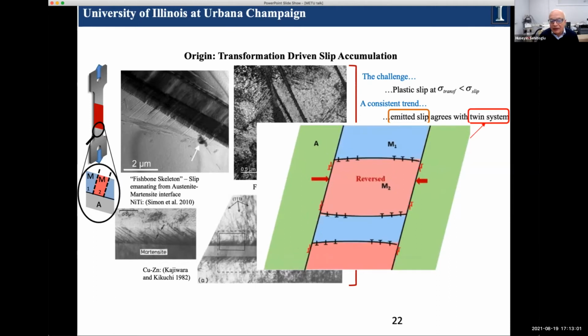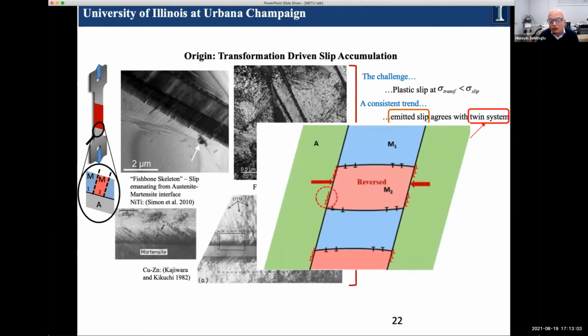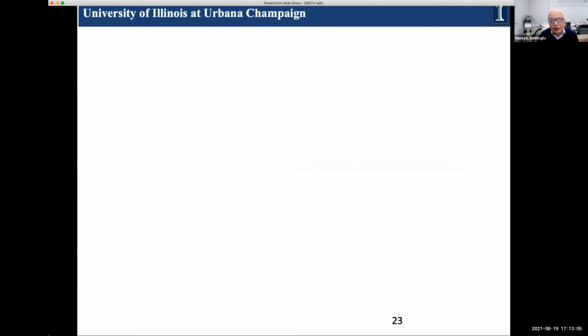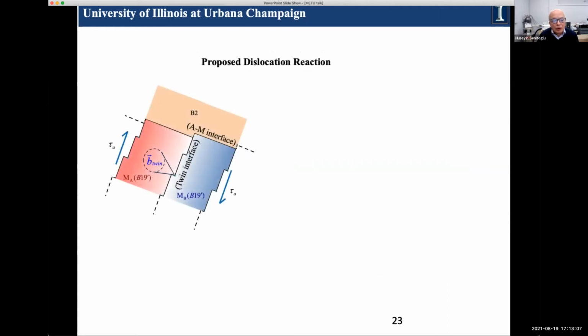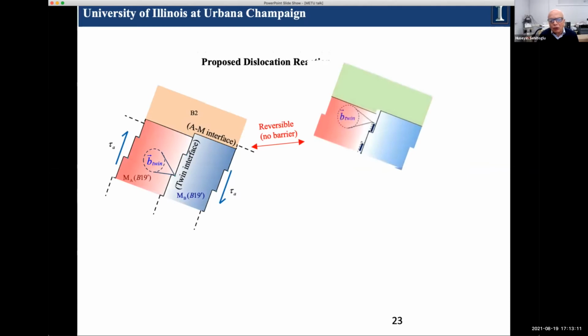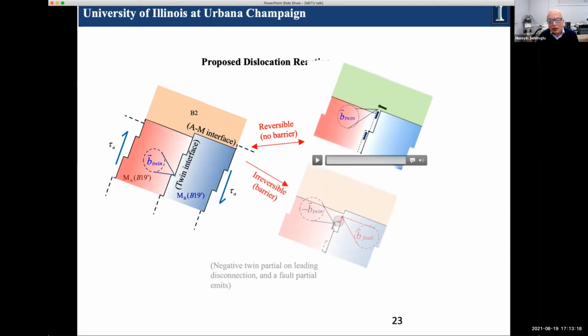This is a schematic. Of course, we have a simulation of this as well. I think the problem gets a bit more complicated. That's the twinning motion. And then if there is some sort of a hindrance to the twinning motion,